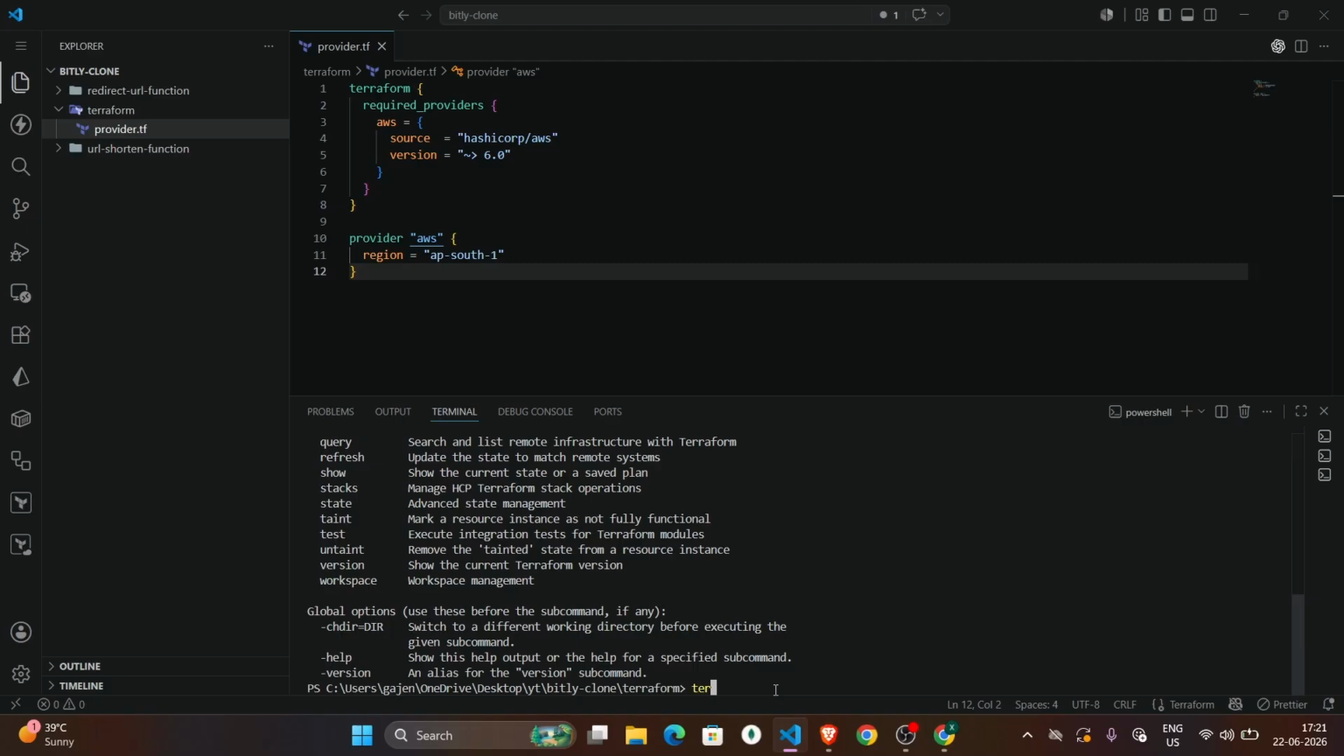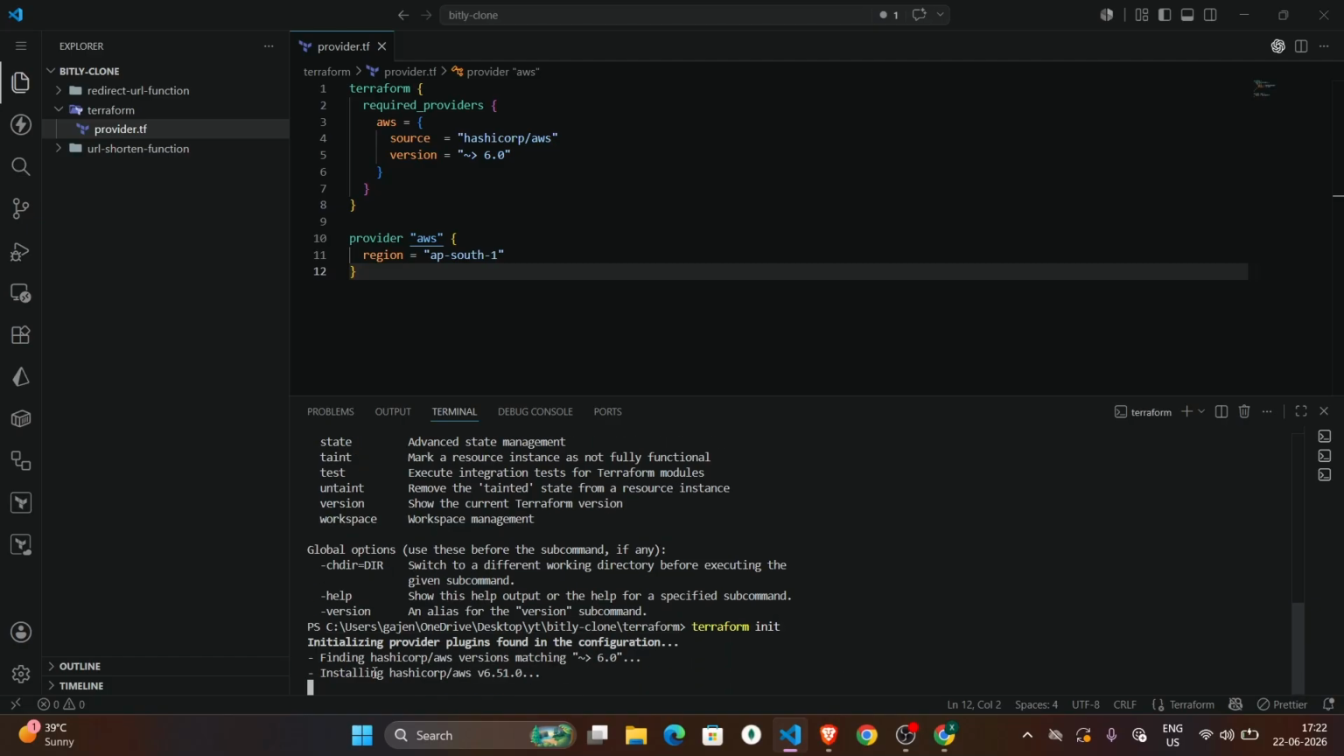Now we will write terraform init, just like we do npm install. We will do terraform init. It will check if there are new providers or not. Then it will install the new providers into this local code base. So terraform init, as you can see, installing HashiCorp AWS 6.51.0. That's the latest. As you can see, this .terraform folder has been created,